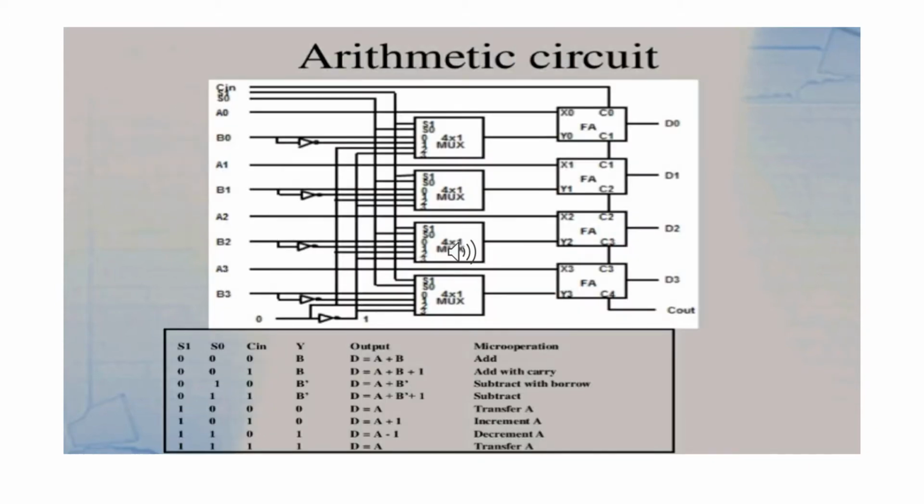Arithmetic circuit. An arithmetic circuit is a set of gates with a separate set of inputs for each number that has to be processed. The gates are connected so as to carry out the arithmetic action, and the outputs of the gate circuit give the digits of the result: addition, subtraction, multiplication, and division.